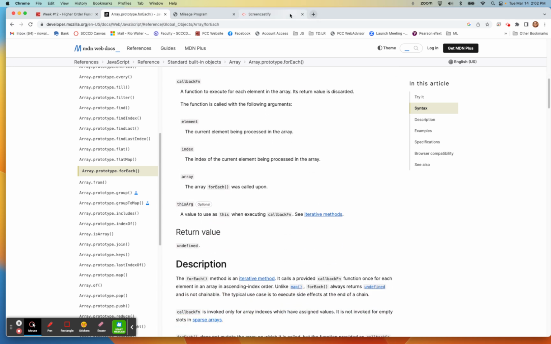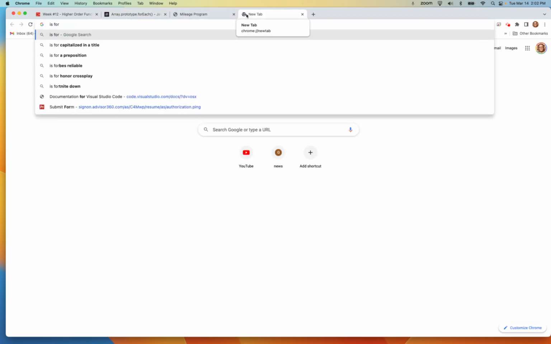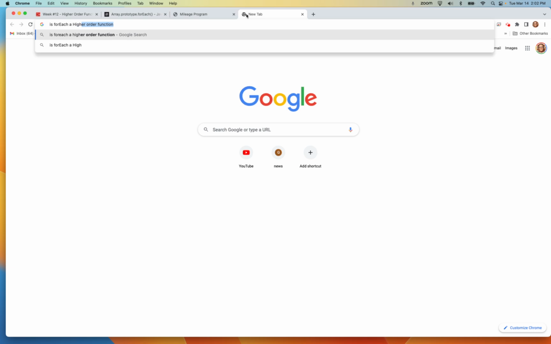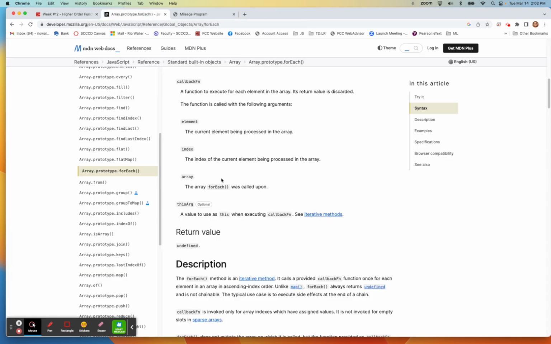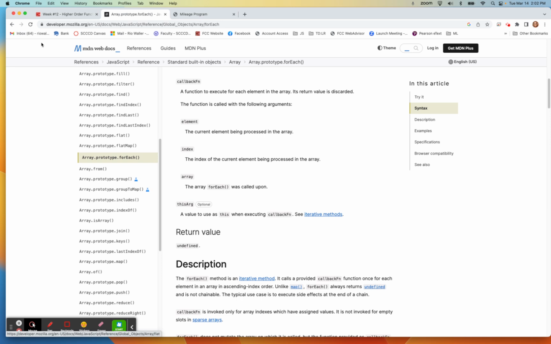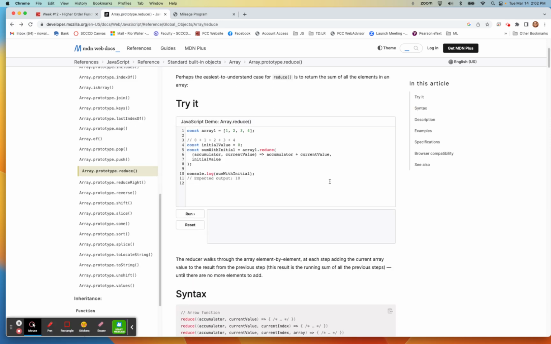As a matter of fact, it's always good to ask, like, is the forEach a higher order function? Yeah, forEach is. Yeah, they come in handy. Yeah, but okay, I thought so. As I was saying it, I was starting to question whether that was true. Okay, so let's go back to the reduce. Okay, so now how do we implement this